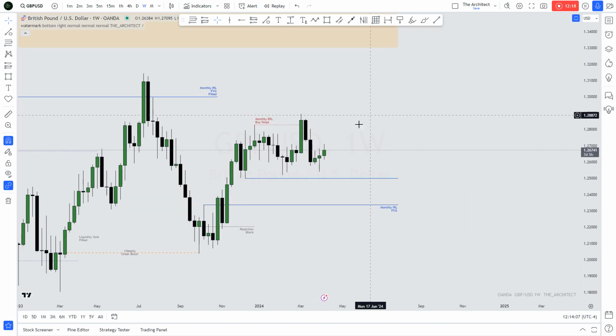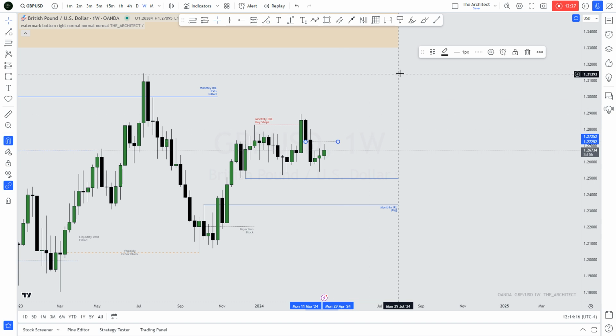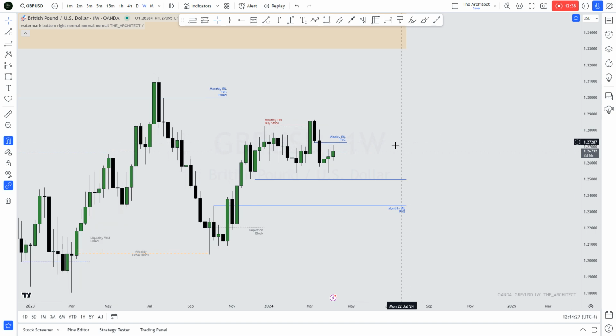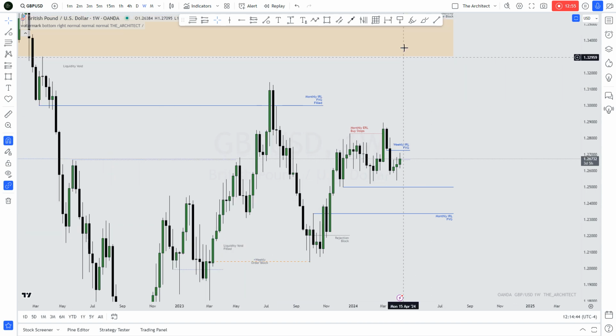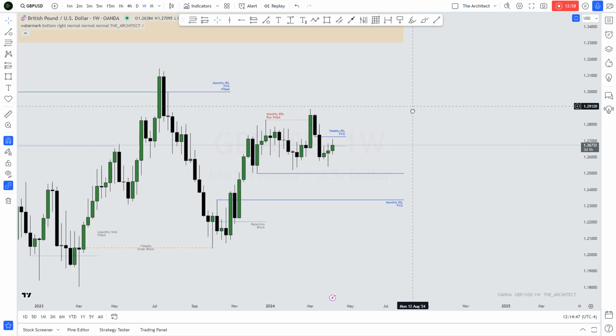So not much is clear. The only thing that we see in recent price action is that we did hit this order block over here. We rejected it, right? Another thing we see in current price action is that we have this weekly fair value gap that we are respecting a bit. So we want to investigate the likelihood of price having to respect this fair value gap in order to continue lower to reach this monthly fair value gap here, which is one of smart money's objectives, or disrespect this point and use it as support to continue higher in order to reach that monthly order block. So that's what we need to investigate further.